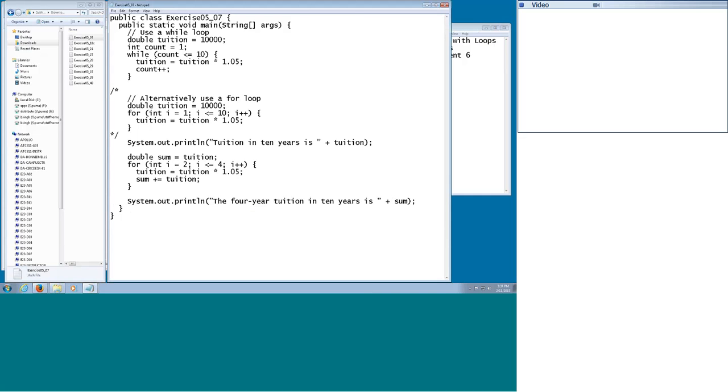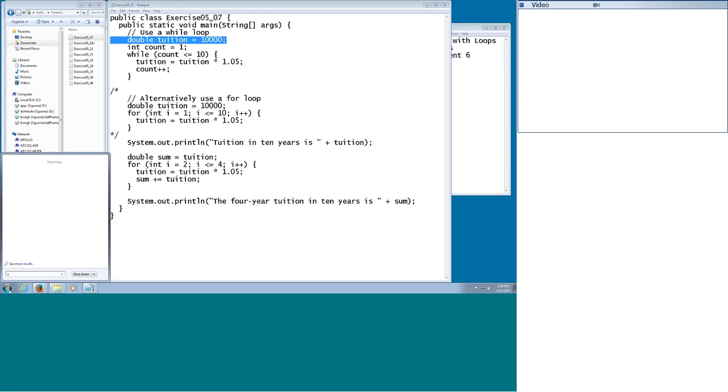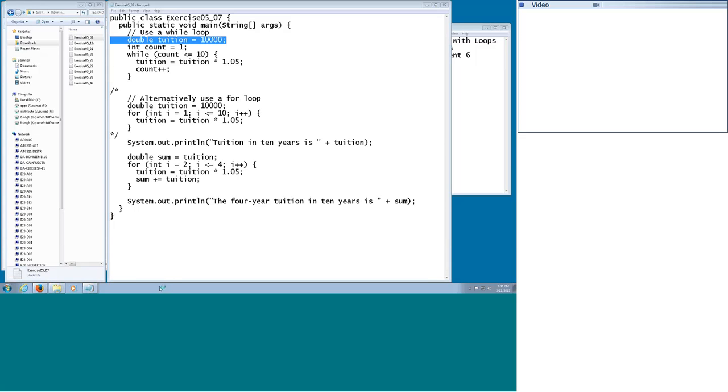So in this particular example, we are trying to figure out tuition, if it increases at a rate of 5% per year, right? So we often get into these quandaries where, what will the tuition be in 10 years if I was going through my undergrad or degree programs? So let me do this just to make life fun. We'll also run these because I think that will probably add more value than just staring at the code here, right? So while Eclipse comes up,